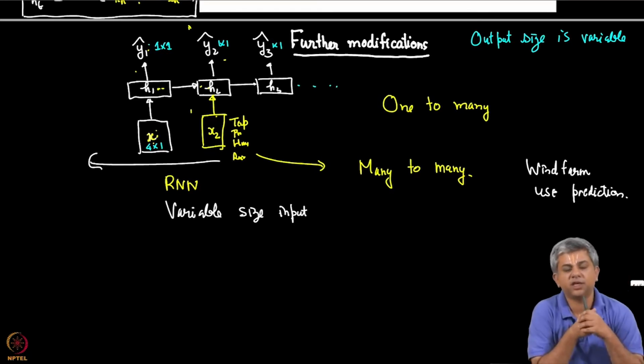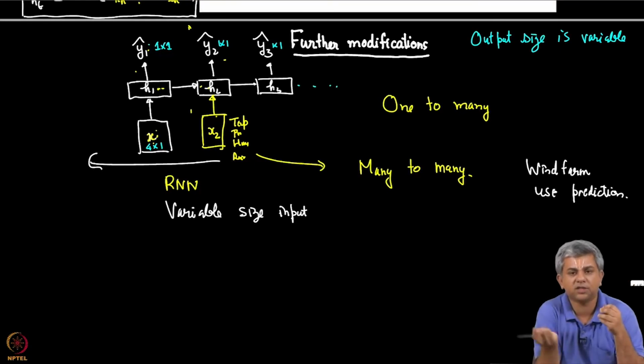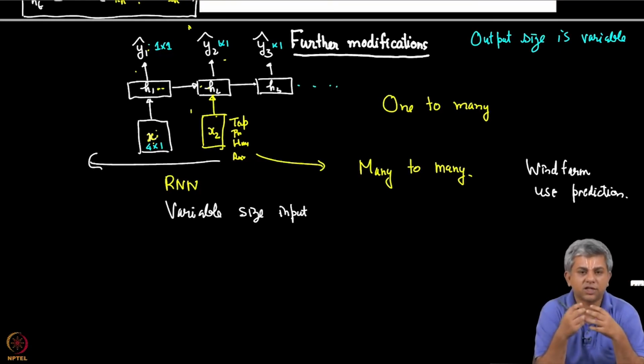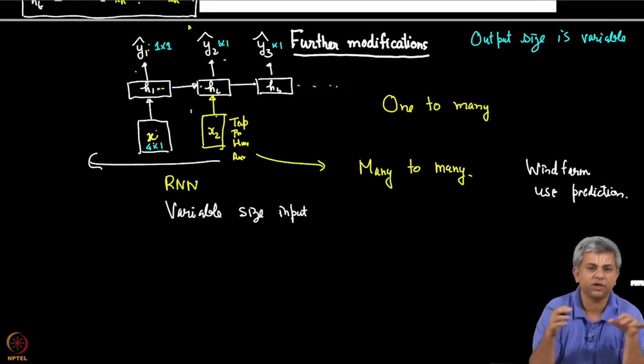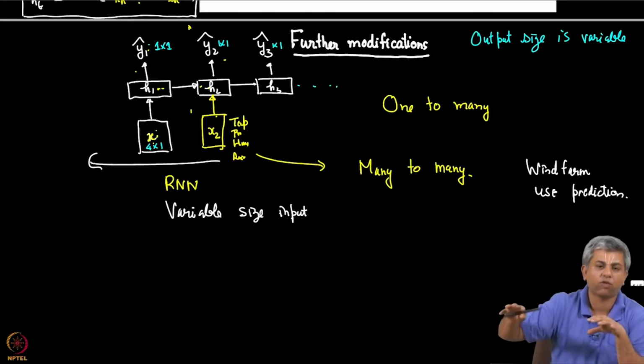A variable size input would be as and when data keeps on coming, you can keep on adding this new data and your answers will change. A good example of this is when you start typing some search term within Google, or nowadays even within Gmail. As you change what you are typing, its prediction will change for what you are doing.